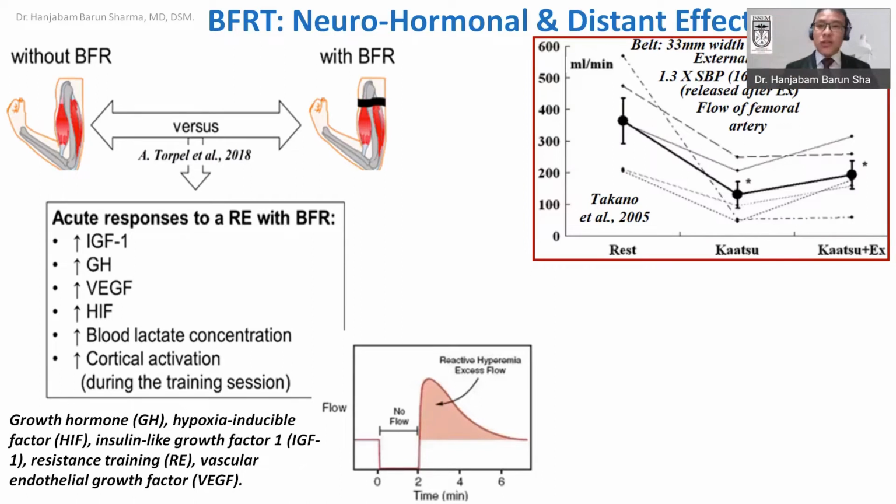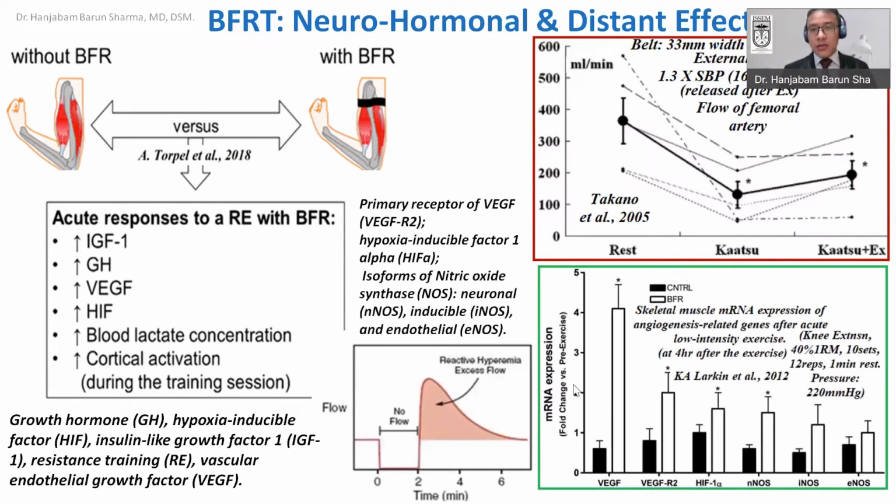We are just occluding based upon a resting condition. This is important. And another author, LK Larkin, in 2012, reported several messenger RNA expressions related to angiogenesis-related gene expression after acute low intensity exercise. They performed knee extension exercise at around 40% of the 1 RM,